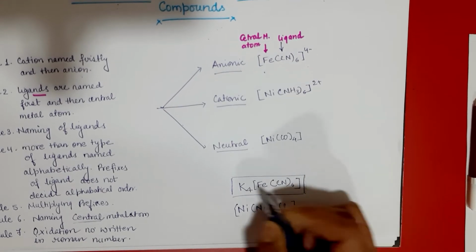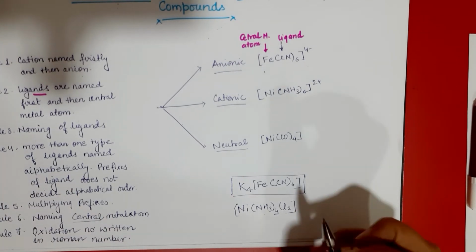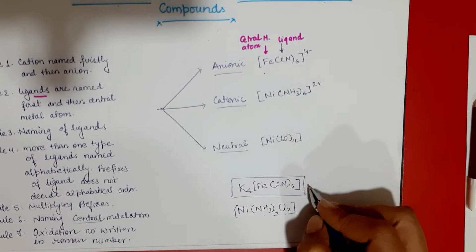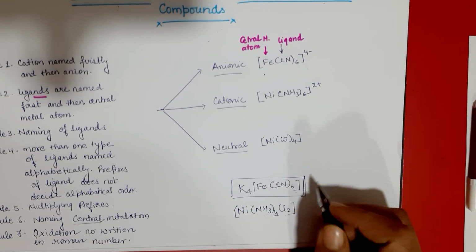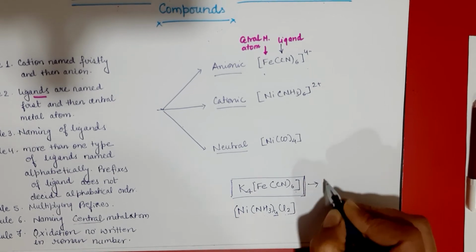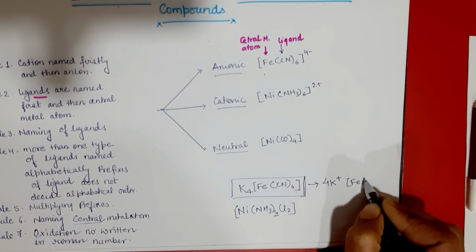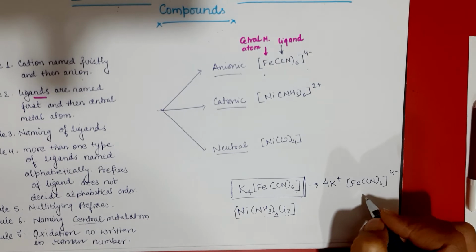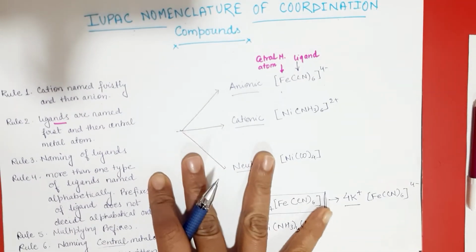So how are we going to start? We are going to start with the identification of the coordination sphere. So what is the coordination sphere? Is it negatively charged or positively charged? Yes. Very good, because if it dissociates, it forms 4K+ and [Fe(CN)6]4-. Okay, so here you can see the cation is this, and if we see the rule